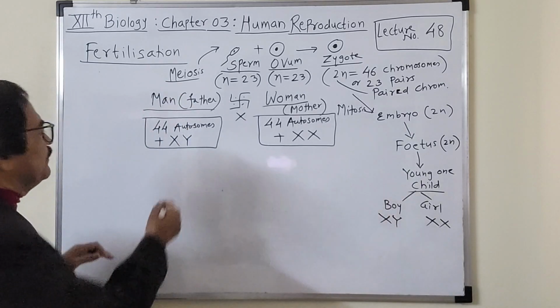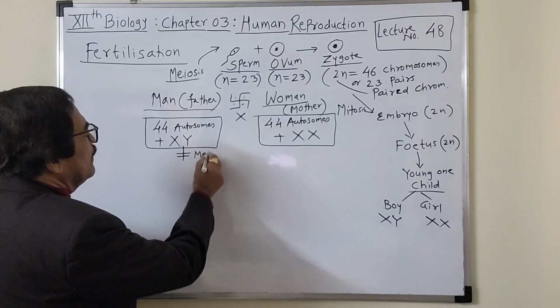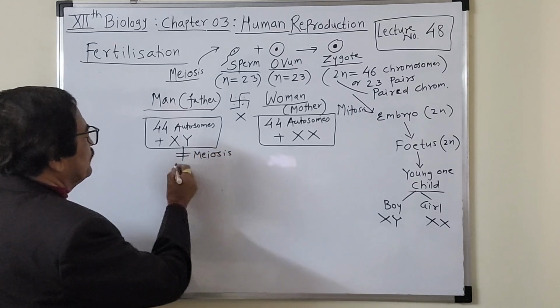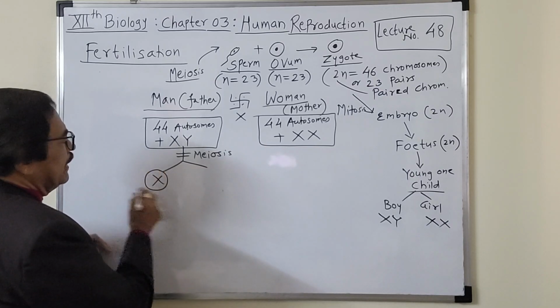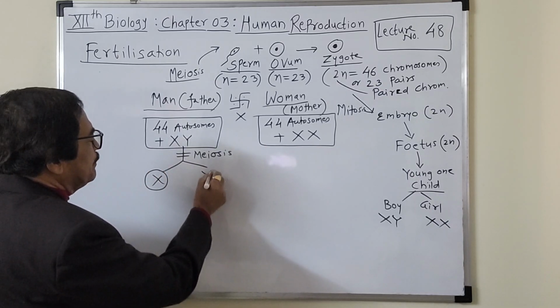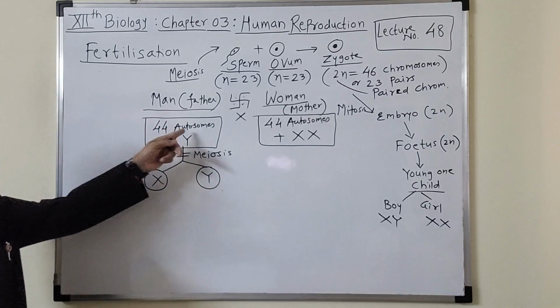Now at the time of meiosis division, these chromosome pairs get separated, and whatever the number of sperms formed, 50% of sperms will get the X chromosome and 50% will get the Y chromosome. So these 44 autosomes